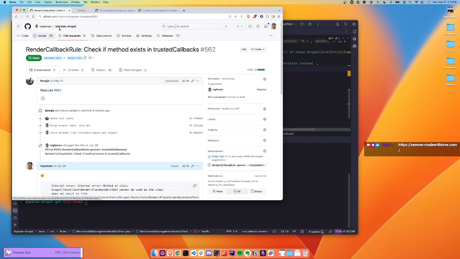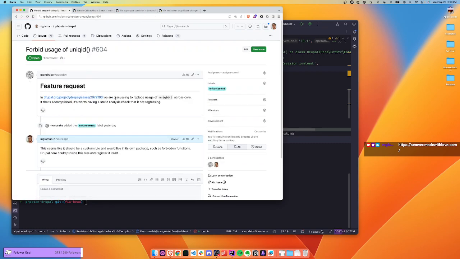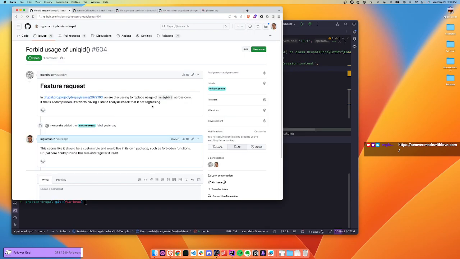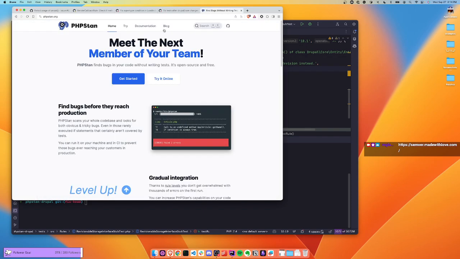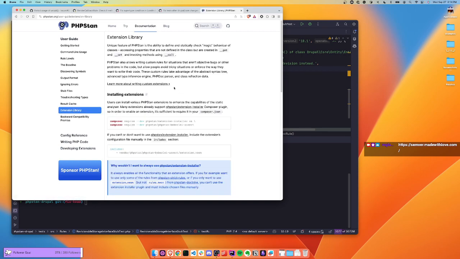So, all right, so let's go see if there's any new issues because I haven't really looked at this project in a bit. Forbid usage of unique ID, replace uses of unique ID across core, and worth having static analysis check that did not regress. So I did look at this earlier, and I think that should go into a custom package and not be something that phpstan-drupal decides. So I want to look at the extension library